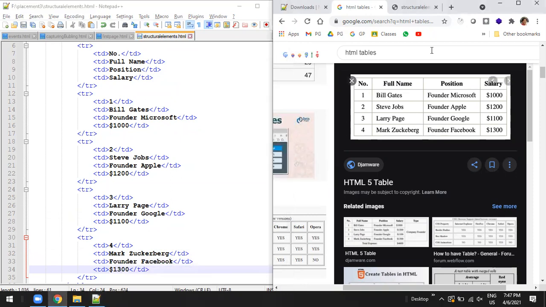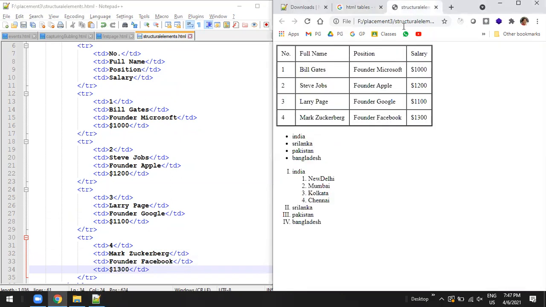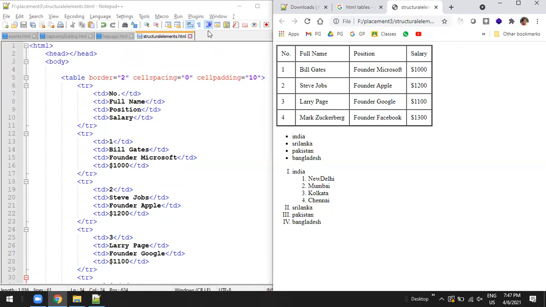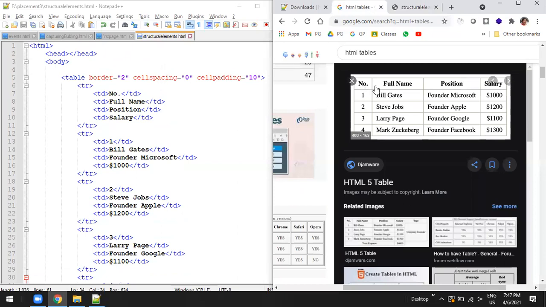Okay, so finally you will have the full page. Hope you got how to create the table. Tables are easy, very simple. But now number, full name, position, these are all visible in a little bolder way. You can put B anyway in this, but don't do that.